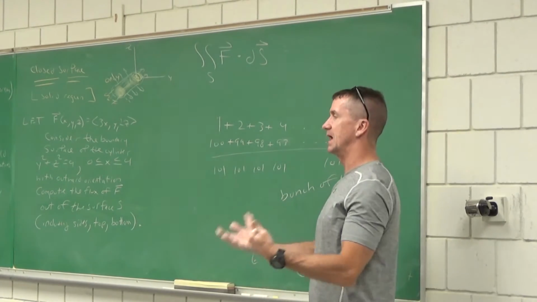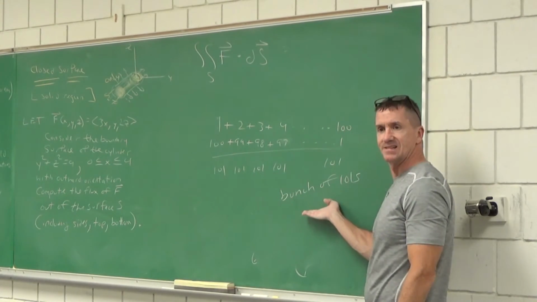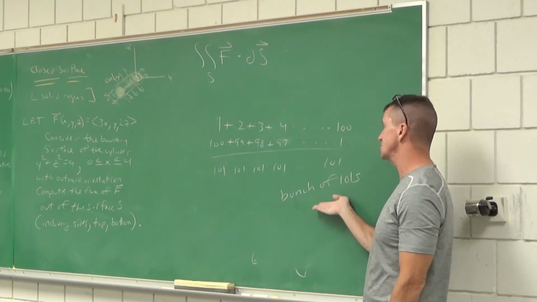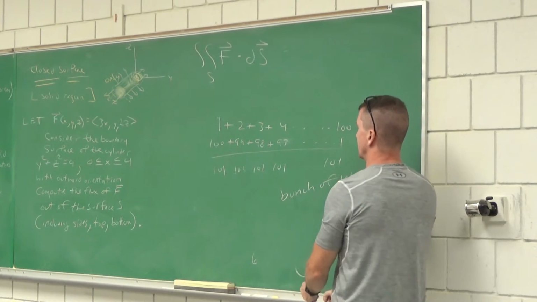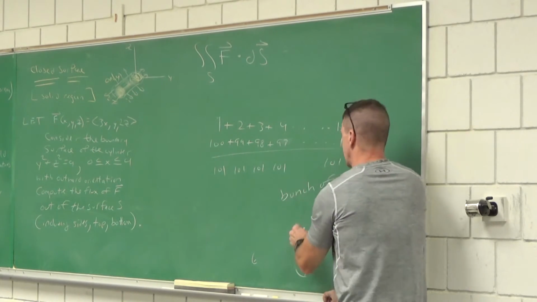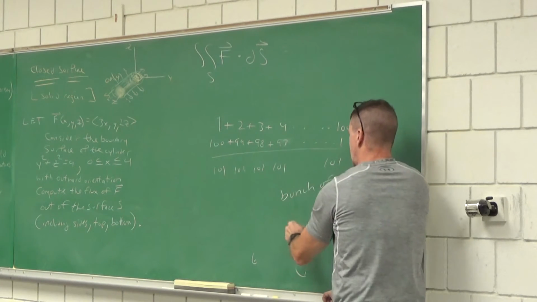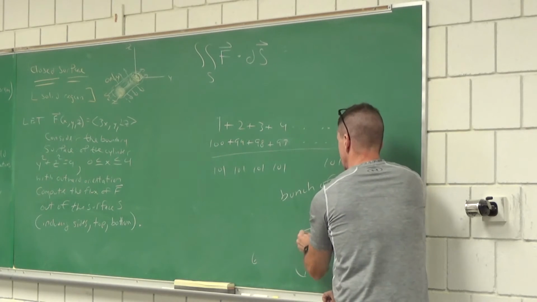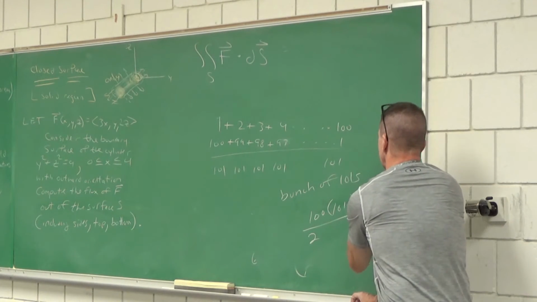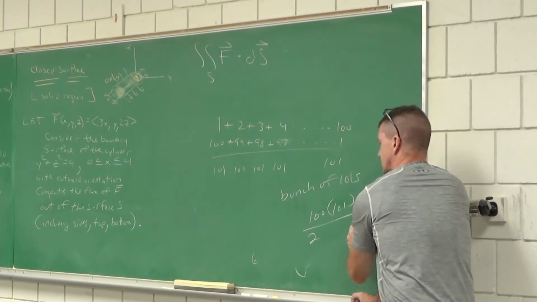101s. Age 10, I'm playing with Legos. Gauss is thinking like this. Child prodigy. So he knew the answer was a bunch of 101s. How many of them? 50. Oh, it's 100 of them. But hold up, not 100 of them, because this would be counted twice, so you had to divide it in half, which means divide by 2. So 50 times 101, that's how he had this answer.